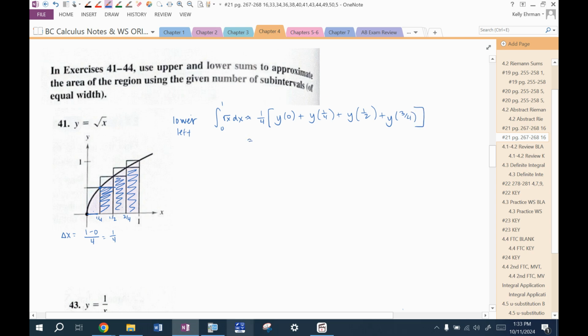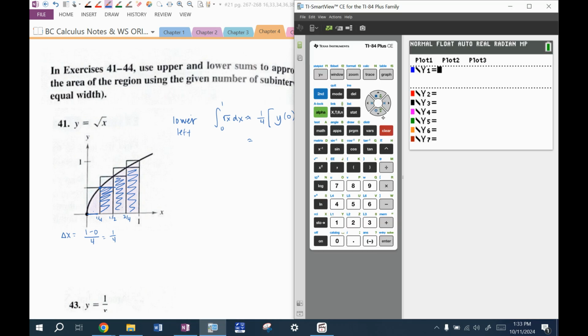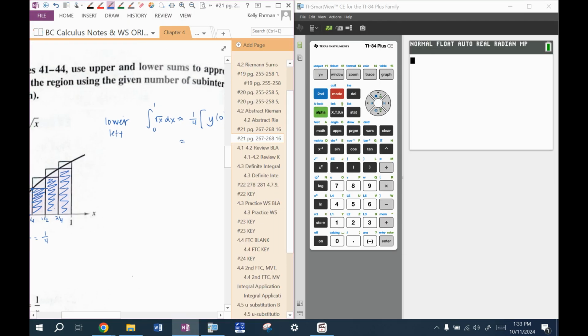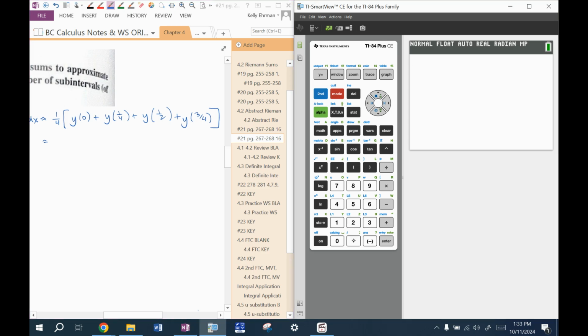Now, you can type everything in. It's square root of things. But also, remember, we did this a lot in pre-calc last year. Type in your function, even if it's just something silly like square root of x. And then you can evaluate this on your calculator screen. I don't know if this is more beneficial for more complicated functions, but even so, I can say, okay,